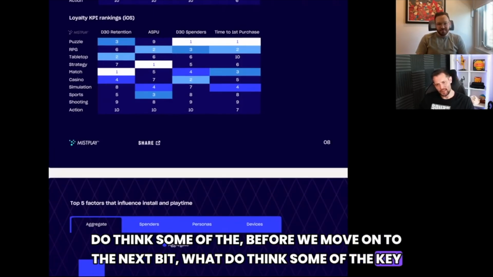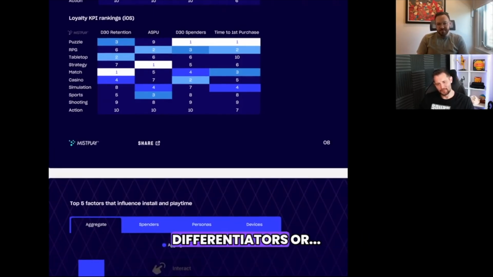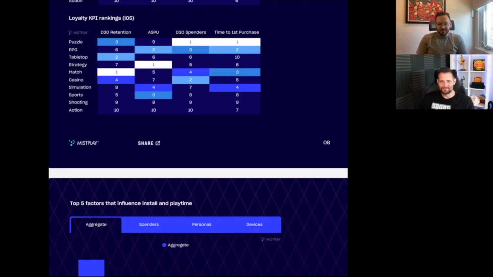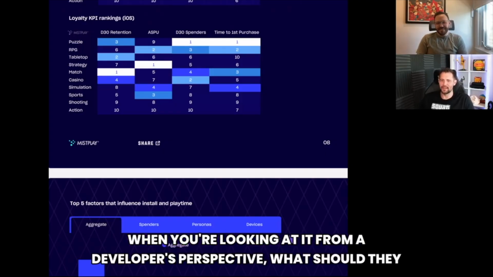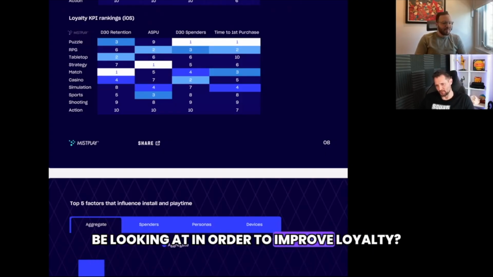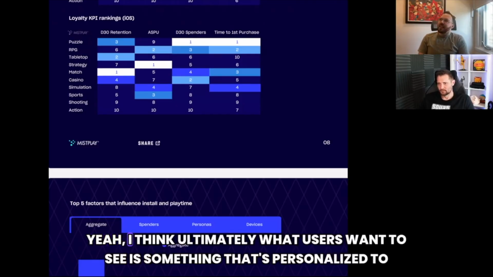Nice. Before we move on to the next bit, what do you think some of the key differentiators or components of loyalty are? When you're looking at it from a developer's perspective, what should they be looking at in order to improve loyalty? Yeah, I think ultimately what users want to see is something that's personalized to them,